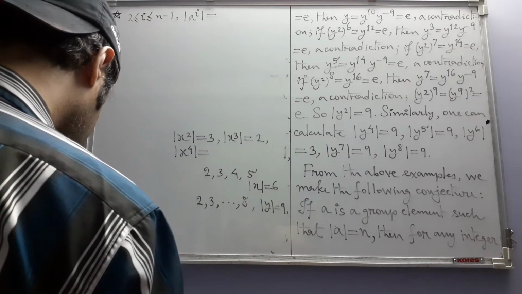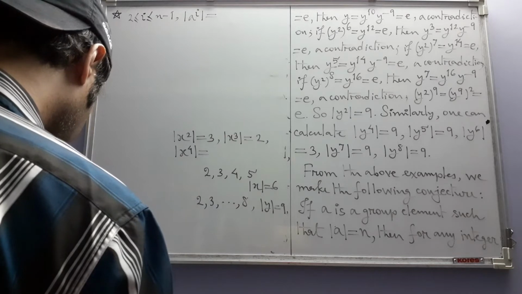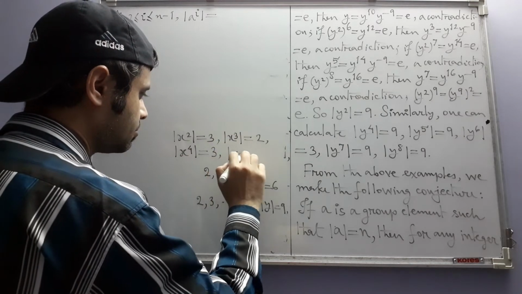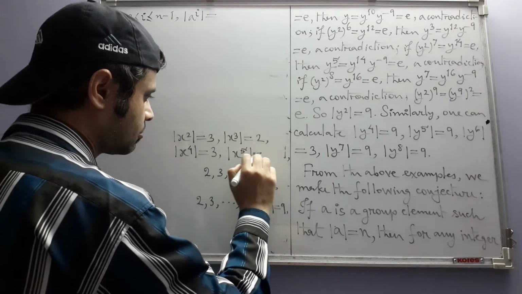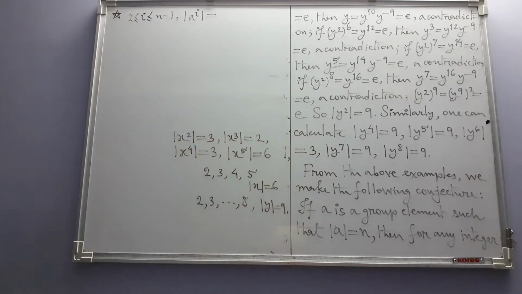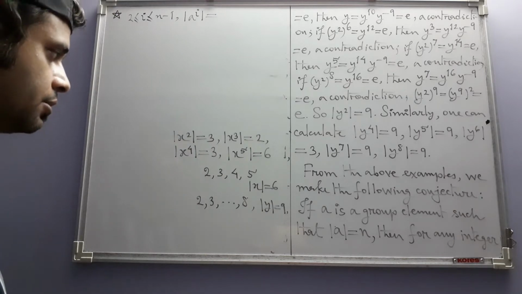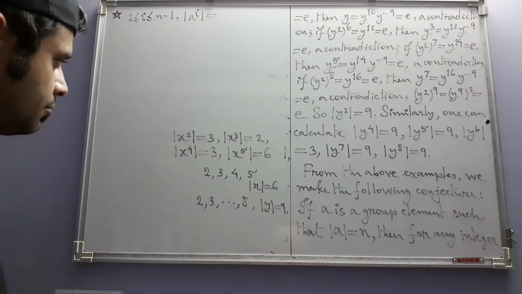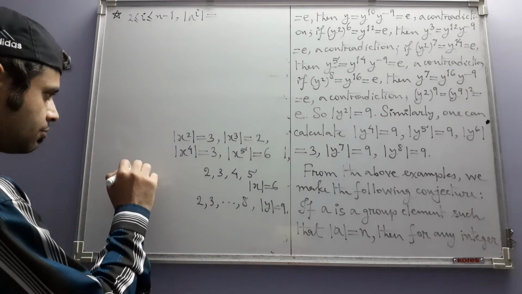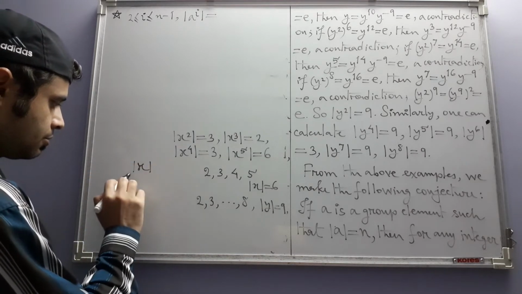I forgot. 3, 3. And this was 6. So looking at it, we see one thing, that the order is the order of x divided